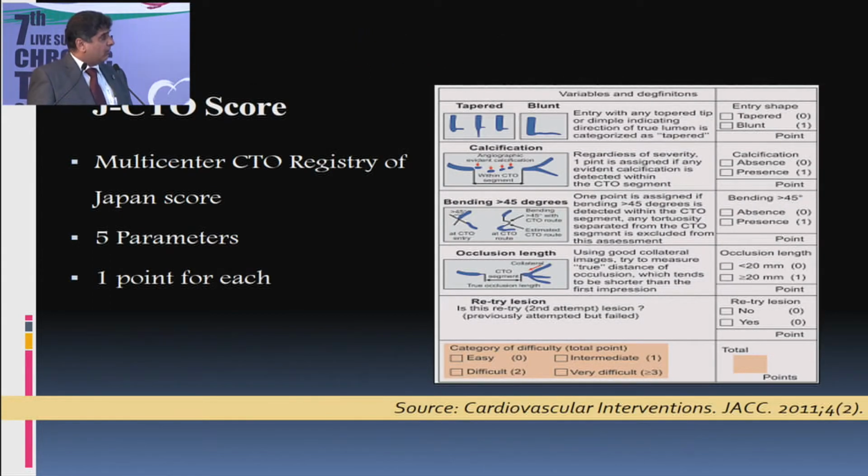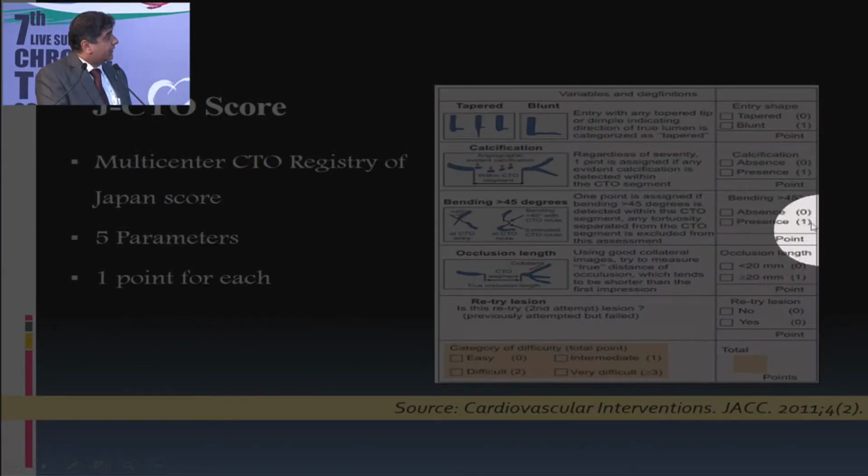So all of these parameters have so much significance. They'll tell you upfront whether you're going to get the difficult path, or your procedure is expected to be intermediate or on the fairly easier side. So the entry shape, whether it's tapered or blunt,